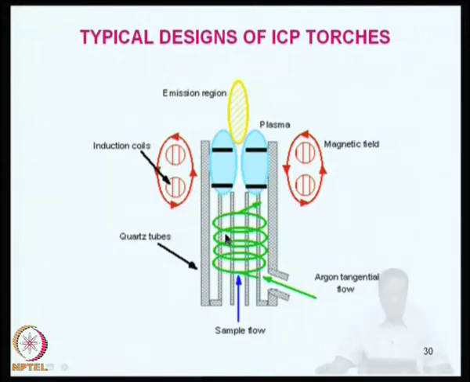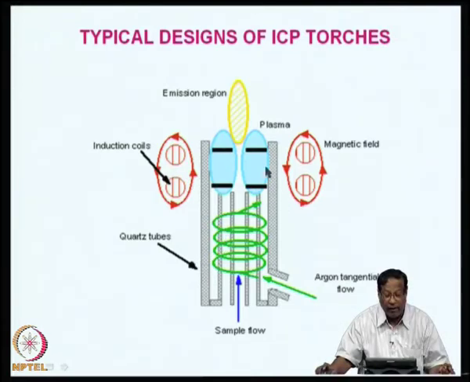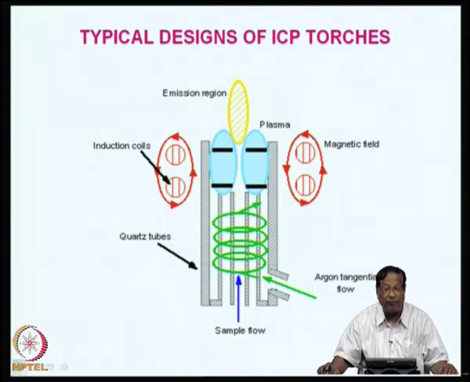This is one concentric ring, and there is another concentric ring, the middle one. This is a tube in another bigger tube, and these two tubes are fitted inside another tube. So, this is one tube, this is the second tube, and this is the third tube. So, this is a plasma torch, the ICP torch,